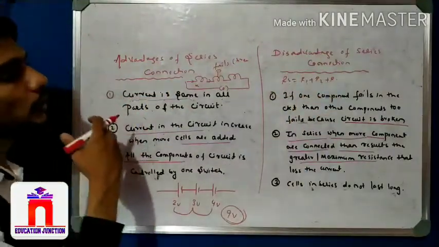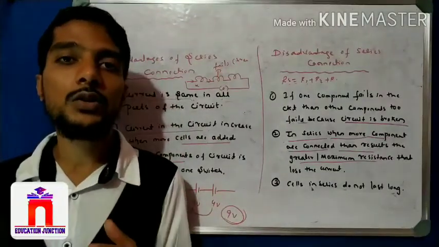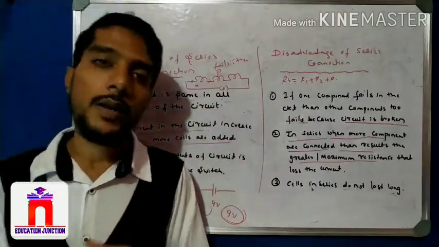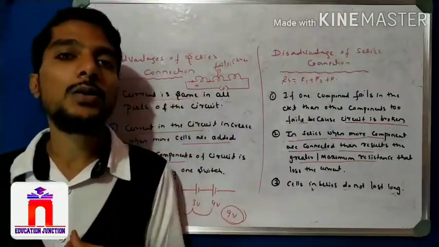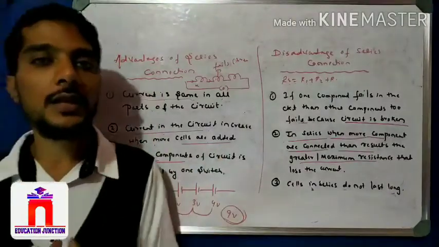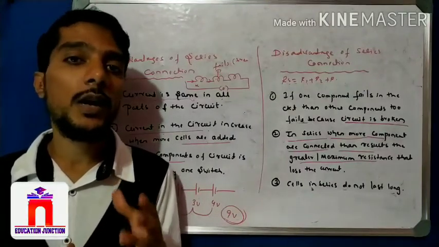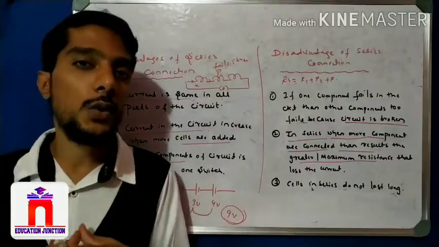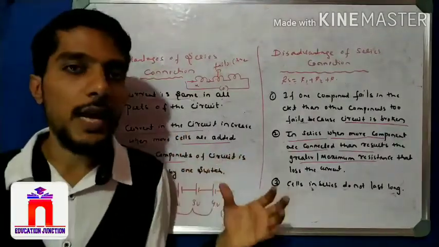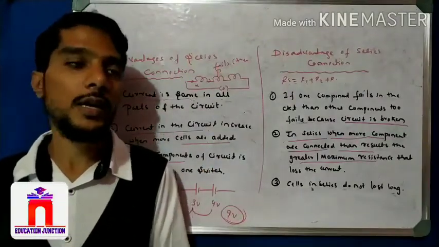So please write down these 2 points. And now come to the very important part, that is solution of the numerical problems on the series. Now let's learn about the series connection: if we apply a current in series, how we calculate the current, how we calculate the total resistance, and how we calculate the voltage if they give the circuit diagram of the series connections. Okay, so please write down this one, and after that we have to solve the very important numericals on the series connections. Okay, so write down.